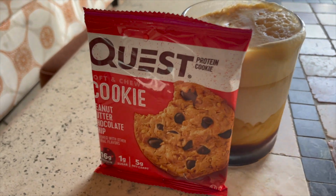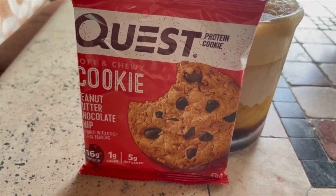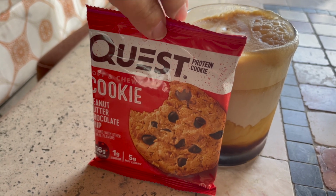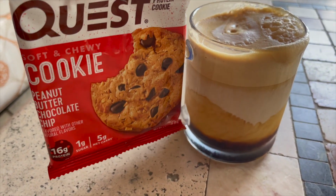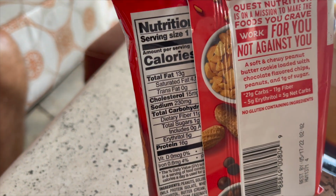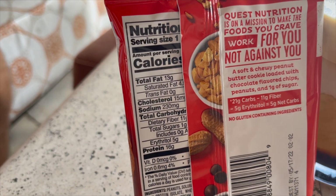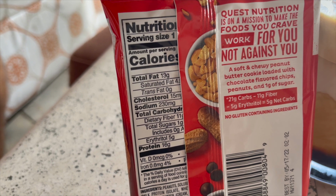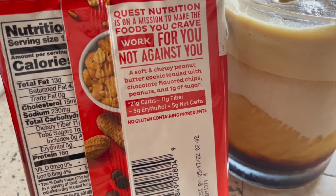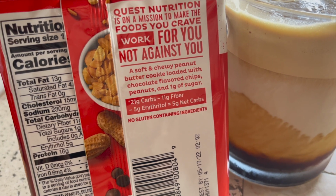And then he will have a Quest cookie. Turn that around for me, Lou, so I can show them the ingredients. Go ahead, turn it around. The other way. Yep. All right, so it has 11 grams of fiber. Okay, 21 carbs, but you take out 11 fiber, 5 erythritol, and so it has 5 net